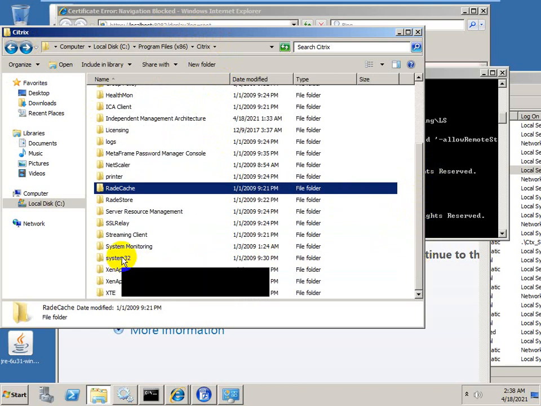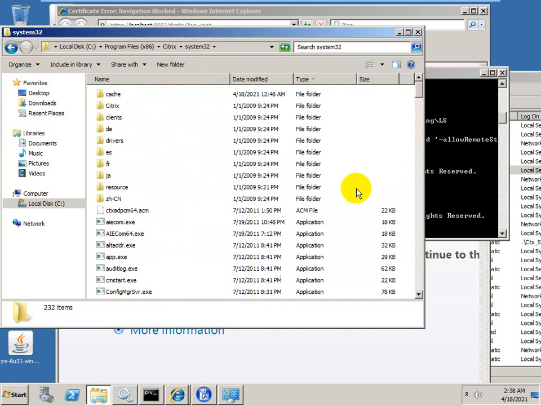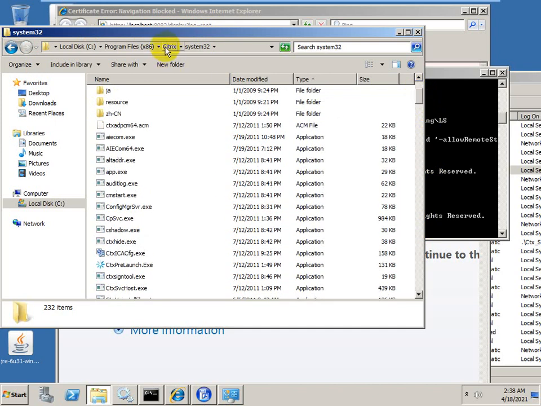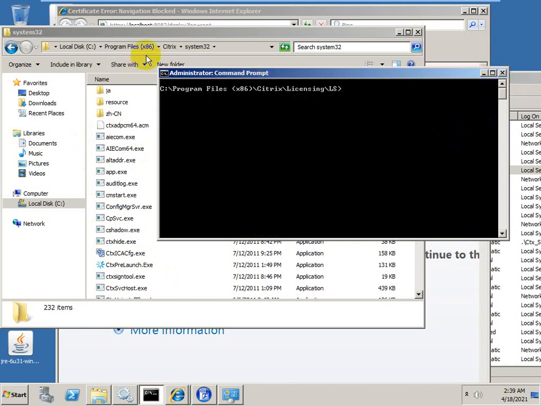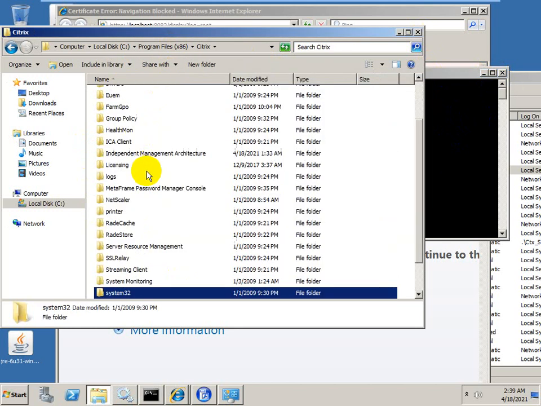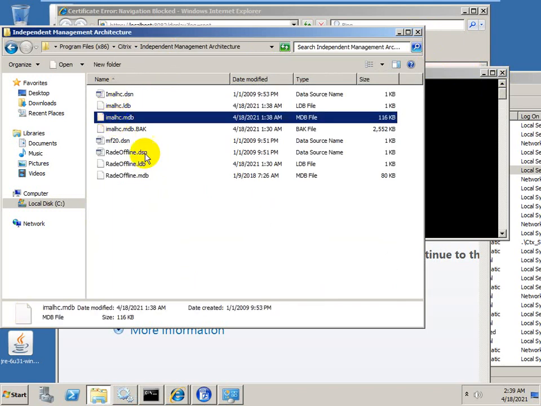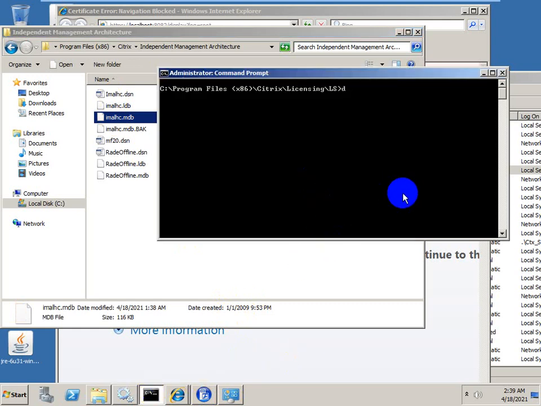Apart from this, System32 is the main folder here. Citrix System32. And here I will try to find DSM. Where is the DSM command?